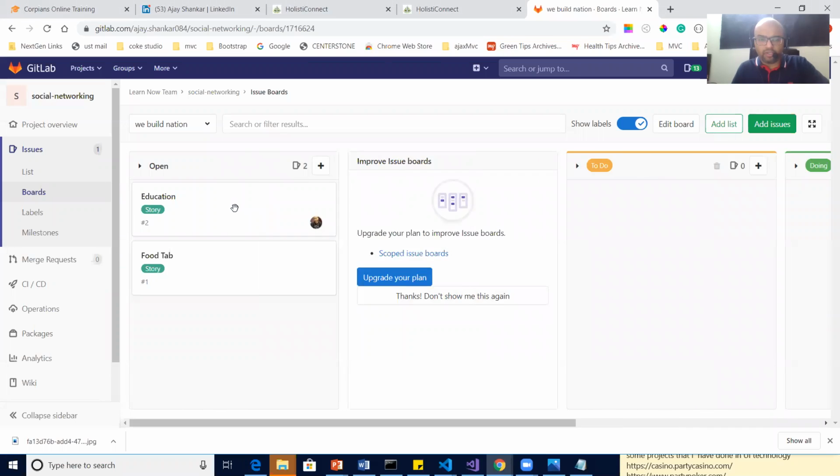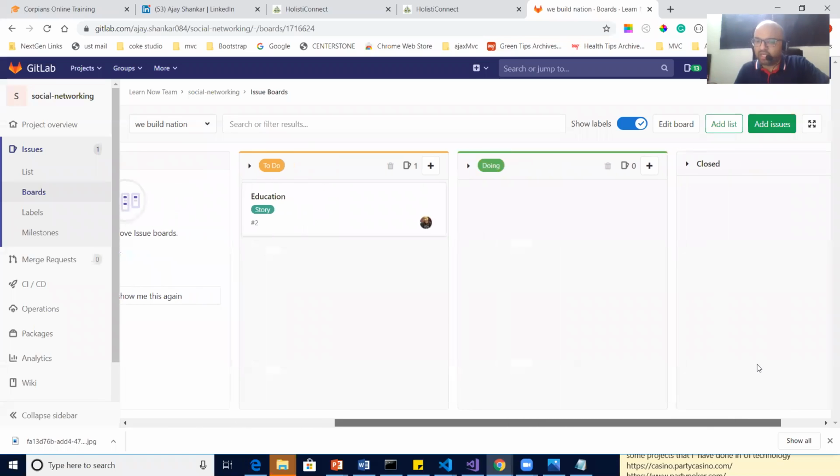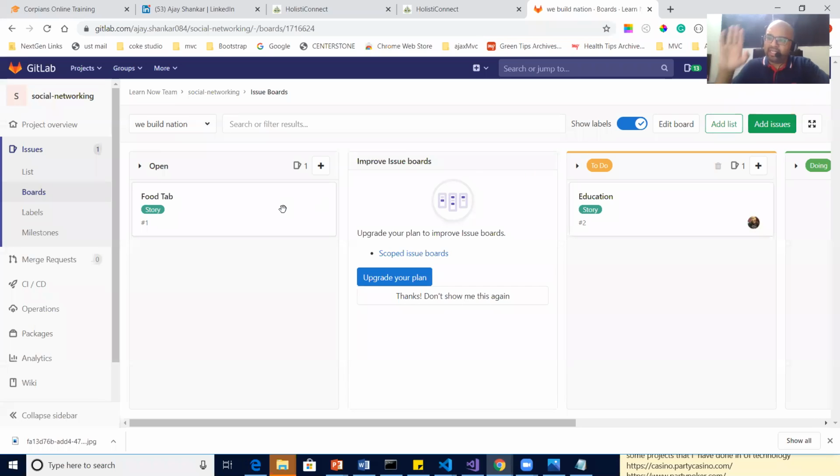Yeah. So, what I've done on the board is, they changed some part of the UI. On my We Build Nation board, I mean, this is our project, so We Build Nation board we created. So here, one of the story, it was open. Open means it is in the list to do. We need to start. So I put in the to-do list. To-do list means now someone has to start. I need to start. When it is in open, open means it is in the backlog.